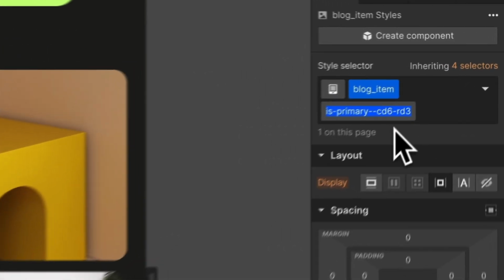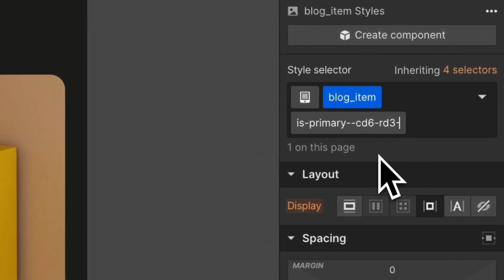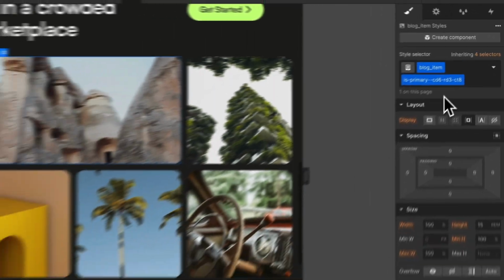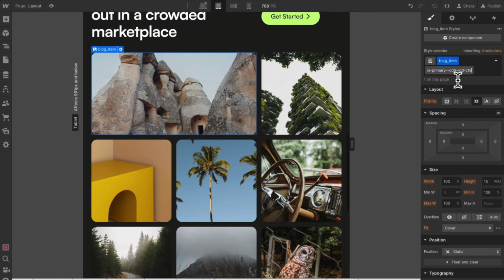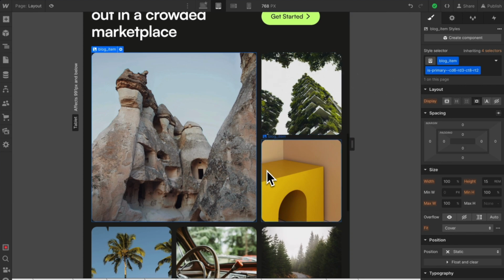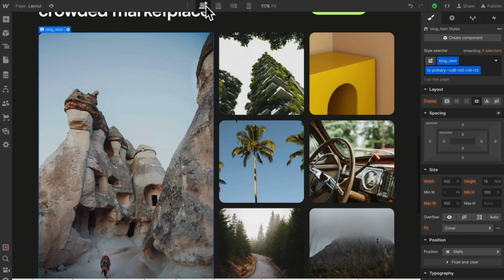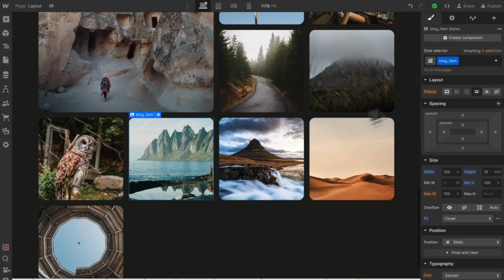But we can continue to override this if we'd like by setting a column tablet of 8, so it spans across 8 columns on tablet, and let's set a row tablet of 2, so it spans across 2 rows on our tablet breakpoint. Now there may be some other items we want to change, like if we select this item here,